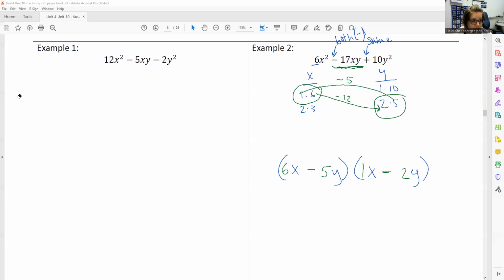It's not letting me change color. That's the only way that I can do reverse FOIL without grouping, in the trial and error method. Okay, so